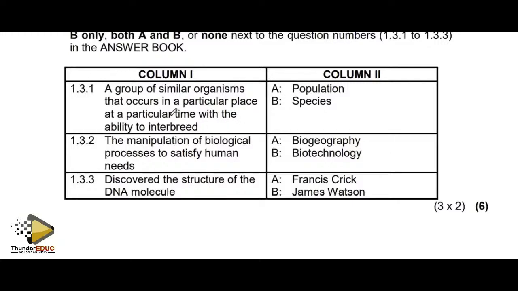What is it? Since it's a group of organisms that are able to interbreed, then automatically it is a species, but because it's a group of these organisms, it's going to become a population. So the word group cancels out species and forms population. So the answer becomes